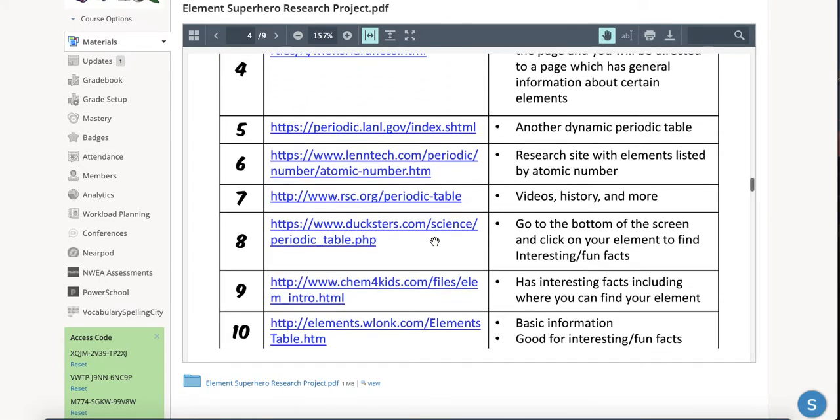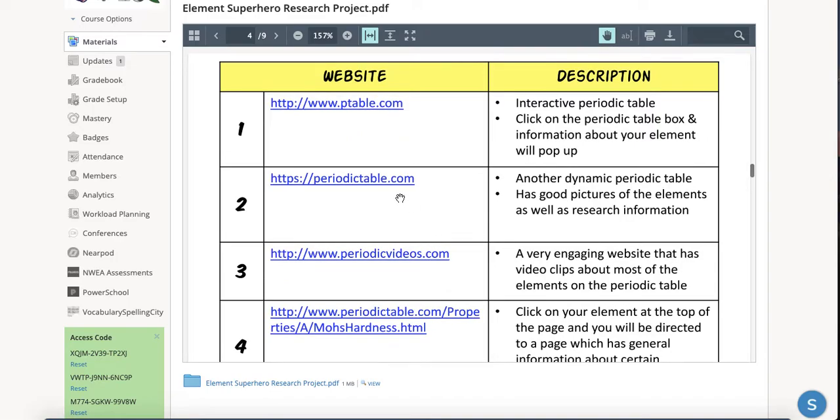They all work. There's some really great ones. Like this one has video clips about almost every single element on the periodic table. And the guy that is in the video, that's his real hair. It cracks me up. Anyway, there's lots of, this is a really cool